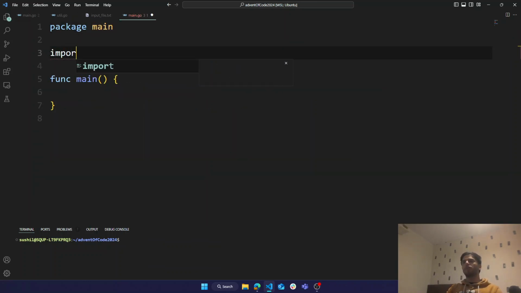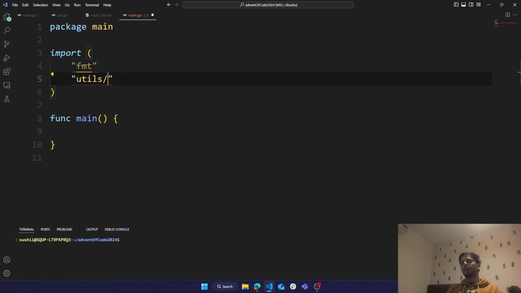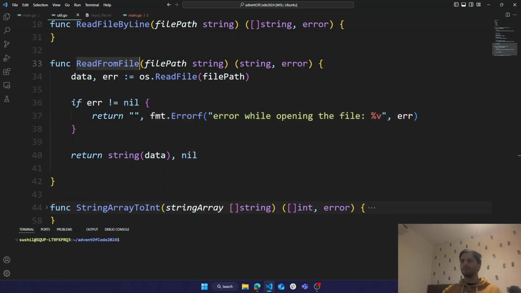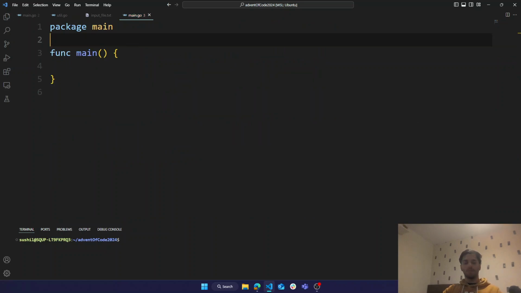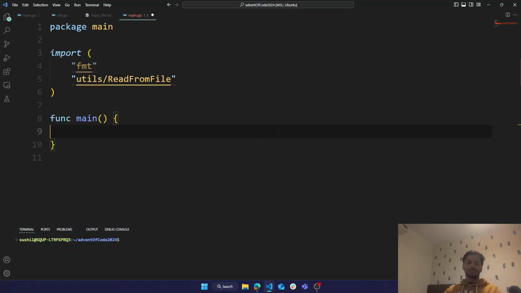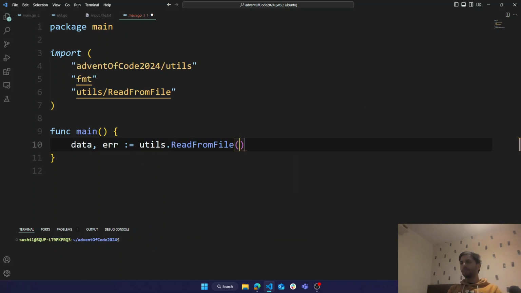We also need to import our lovely fmt package and also our util function. I'm going to assume it's the name of the actual function, which is read from file. Data and error is going to be our util function.